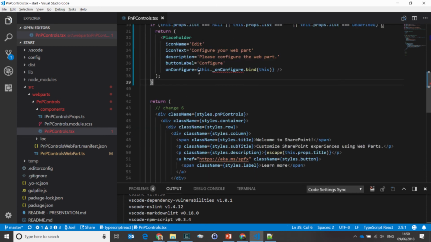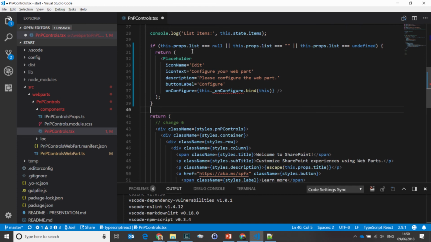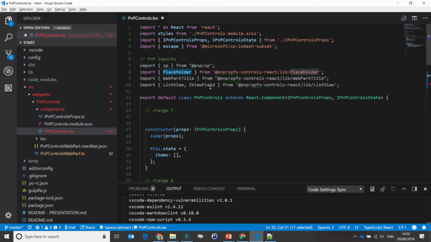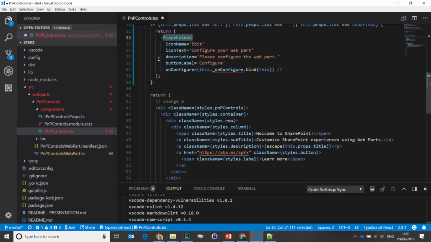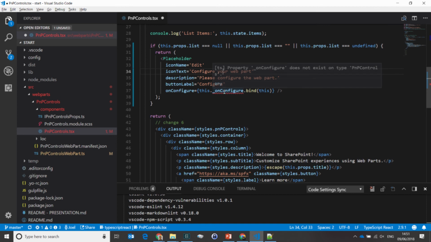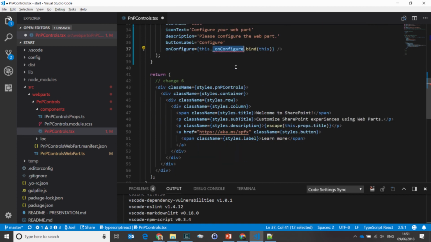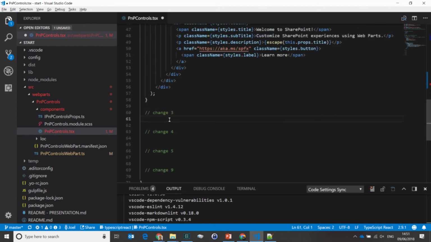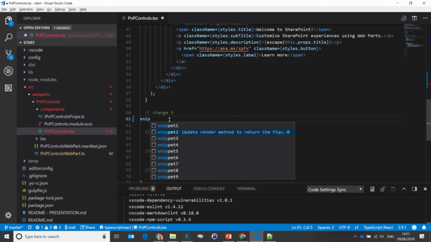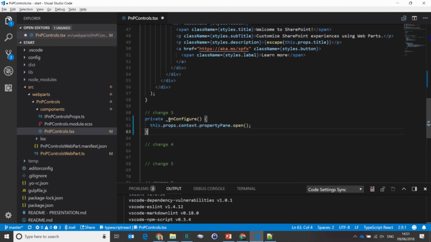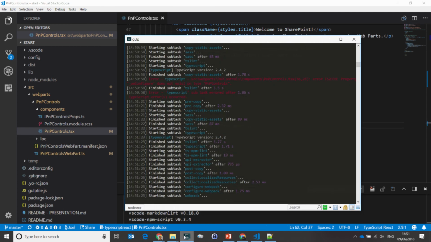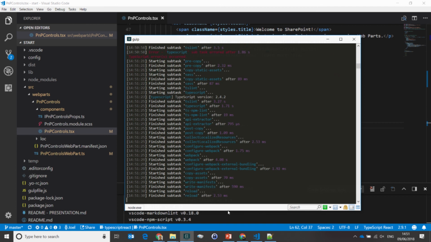And on the render method of the component, we're just going to add the placeholder, which was imported here. So basically, we're just going to show something when there is no items to display to the user, when the web part is not configured. This method is missing here, so if we just add something that calls the property pane open method, if we now go back to the page,